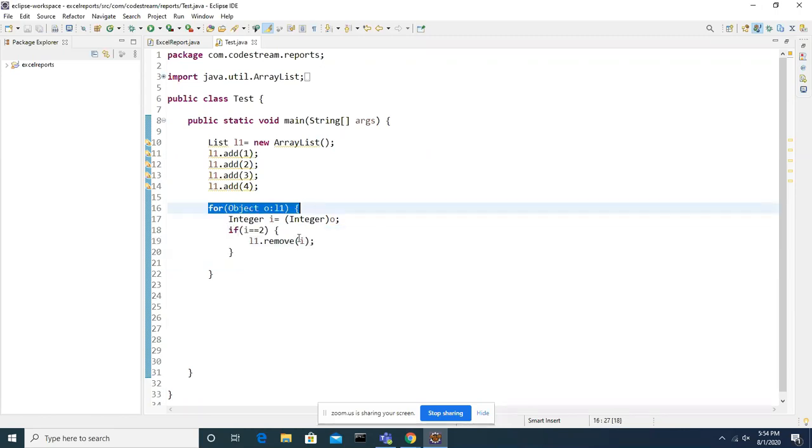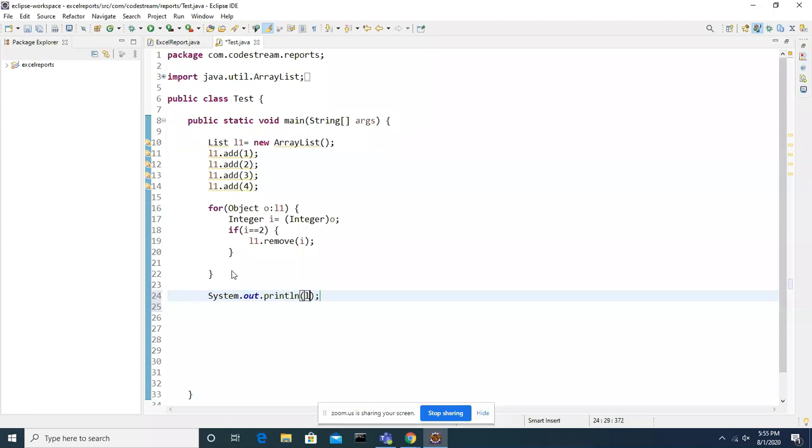My intention is to show why we are trying to remove the object from the list while looping when we are extracting. After that I'm trying to display L1.